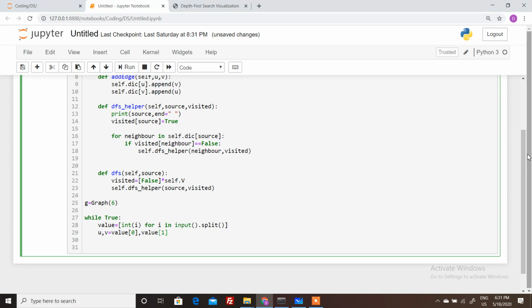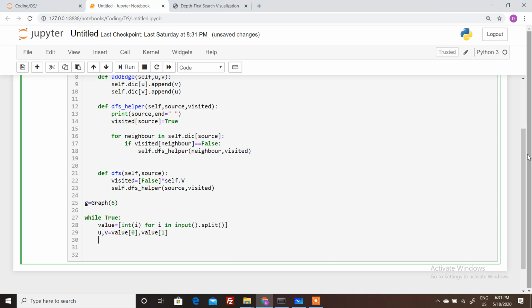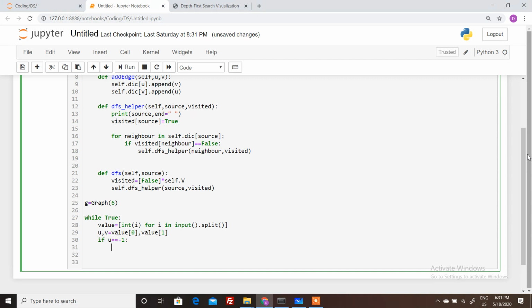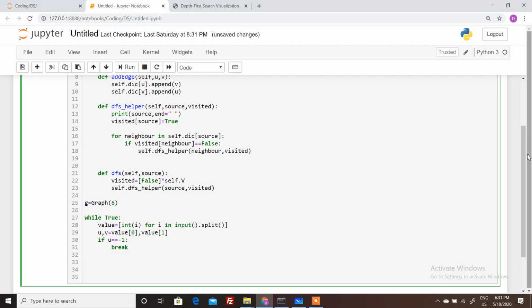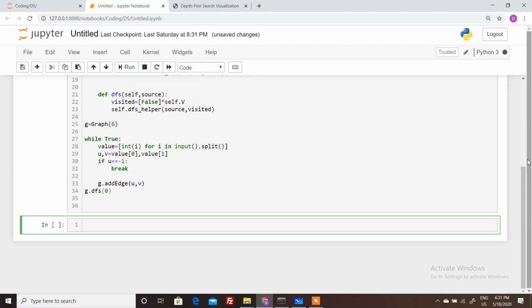And now we just check if u equals minus 1, we will break from this loop. This is our breaking condition from the loop. Otherwise we will add an edge between u to v and v to u. After the loop is over, we need to call g.dfs, and let's see what the output is. Let's say the source node is 0. So let's create the same graph.